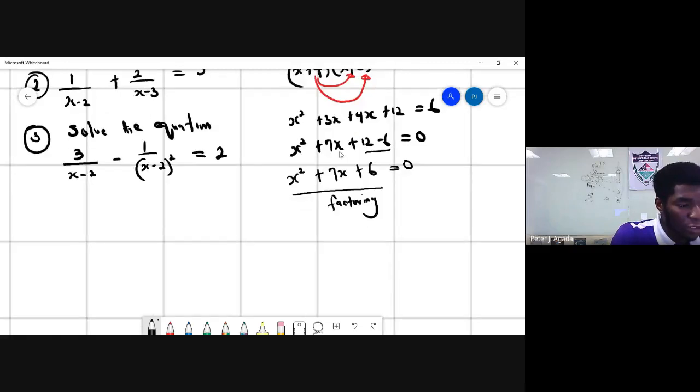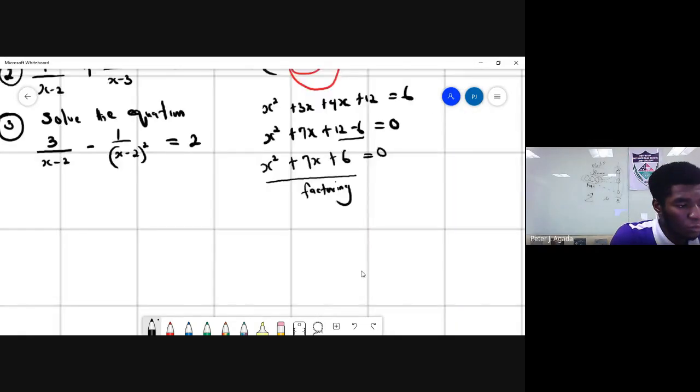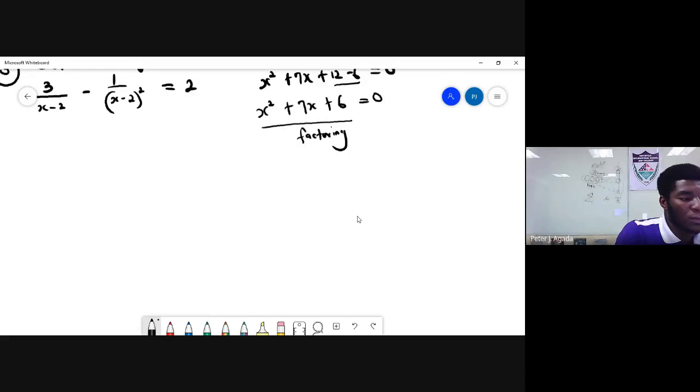Allow me to push this to the top, so we can create more room to solve my quadratic equation. Basically, I just have to take the product of a and c, which is 6, and find two numbers that, when I add them up, become 7. So that's 1 and 6. That is equal to b, which is 7. So I can just substitute this here, and I can have my new quadratic equation.